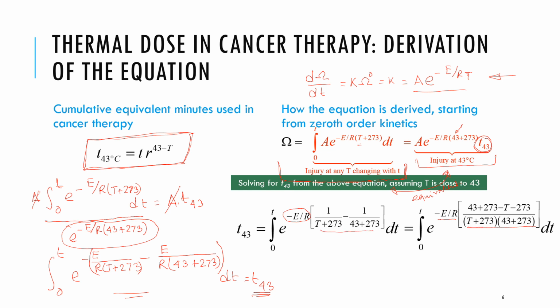So T plus 273 times 43 plus 273 minus, and so 273 cancels out, and I get